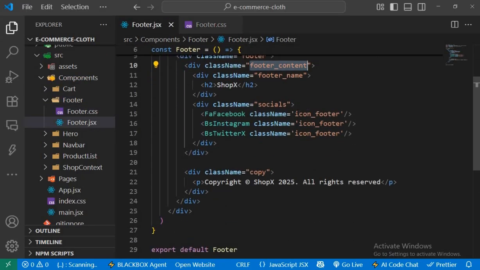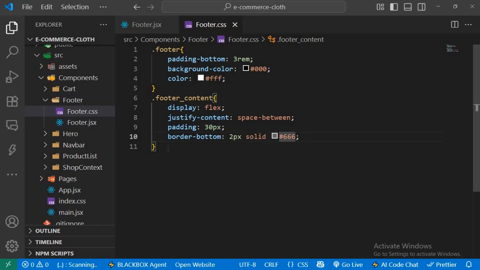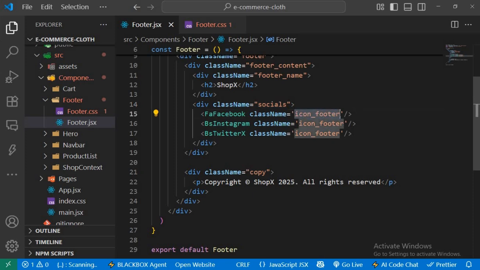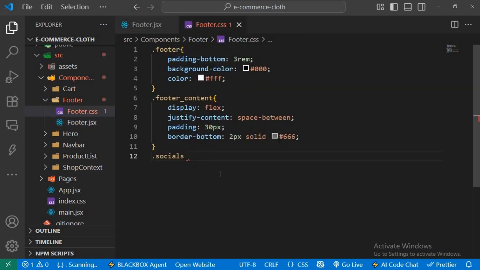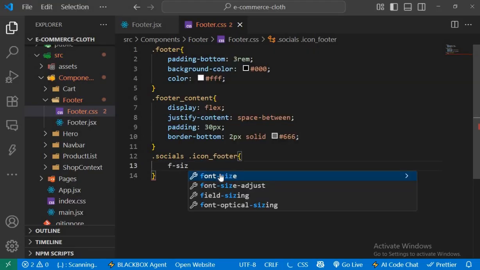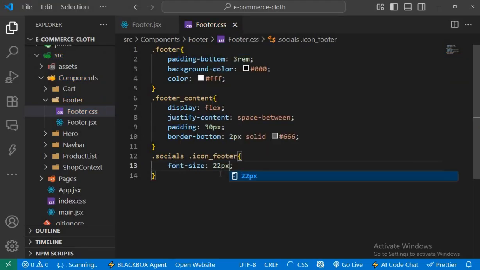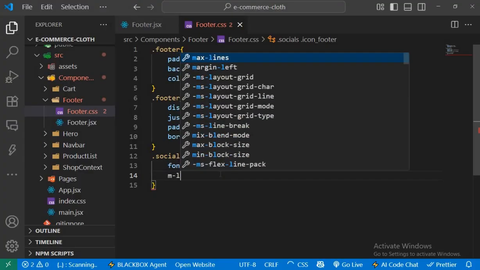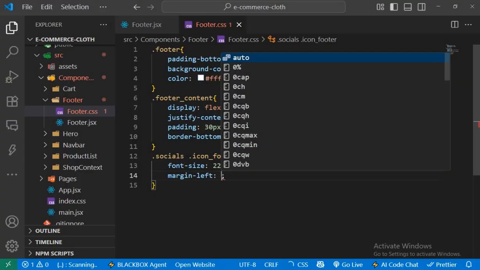Then we have this socials. So for socials, I want to style each of the icon footer, the footer icon. So footer icon, we're going to set the font size to 22 pixels, and then margin left to 10 pixels,